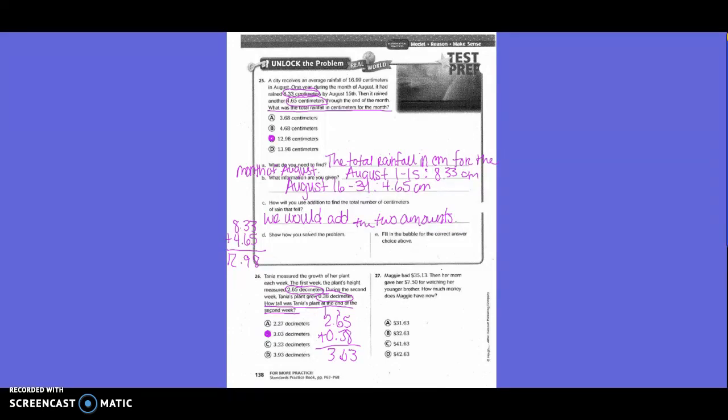Number 27, Maggie had $35.13. Then her mom gave her $7.50 for watching her younger brother. How much money does Maggie have now? So we would circle $35.13, $7.50, and then underline how much money does Maggie have now. So then we need to show some work. In our work, we showed $35.13 plus $7.50, and we came up with $42.63. So we filled in letter D for our